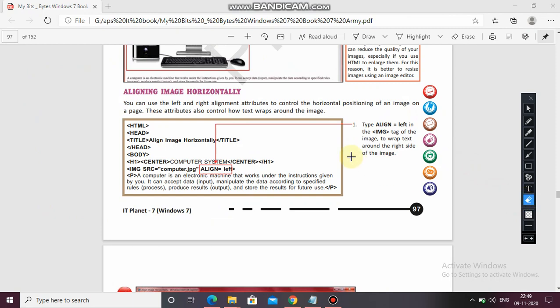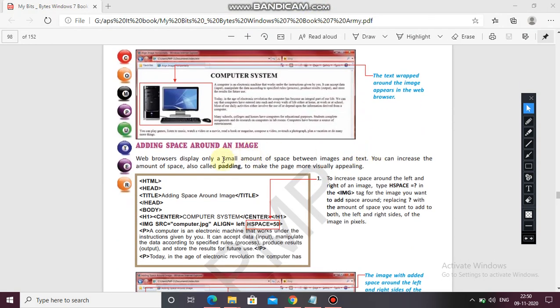Now align left in the image tag of the image to wrap text around the right side of an image. So you can see it very easily. We have done this. Now the next topic, adding a space around an image. So how will you put a space around an image?